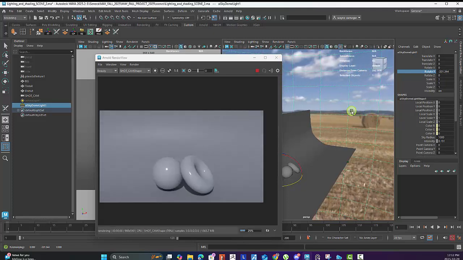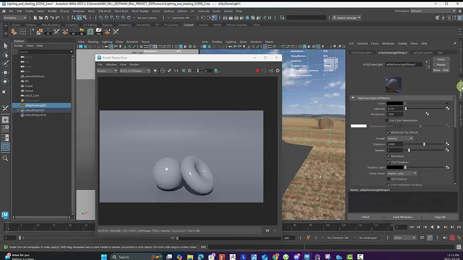Pretty cool. We also use a sky dome light in our room scene that we work on in assignment number 4, and you guys had a lot of fun with it. But there's a little bit more in depth on how you use it. Whenever you use a sky dome light, you don't really use it to take over your entire scene. You just want a low value, for example, like a 0.1,